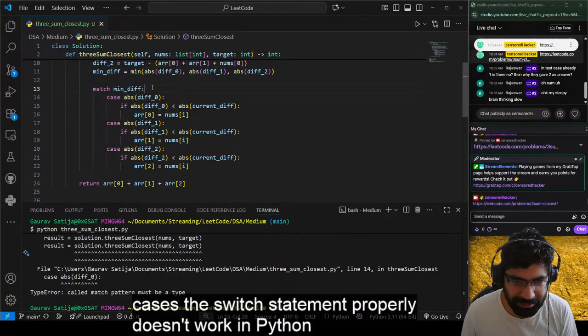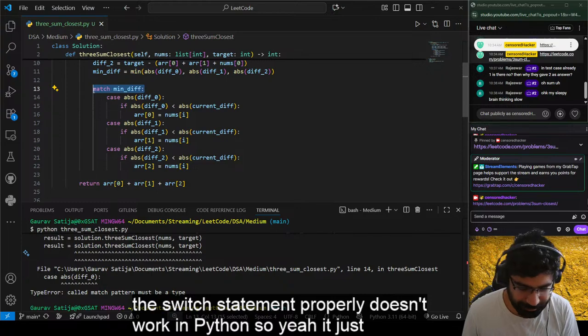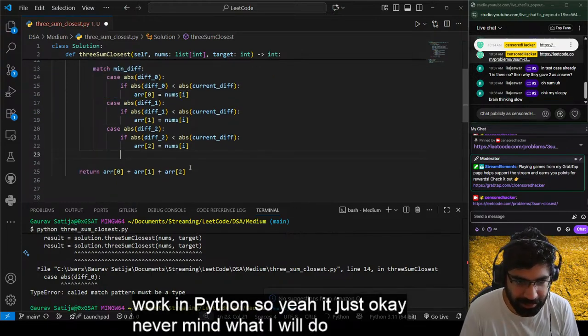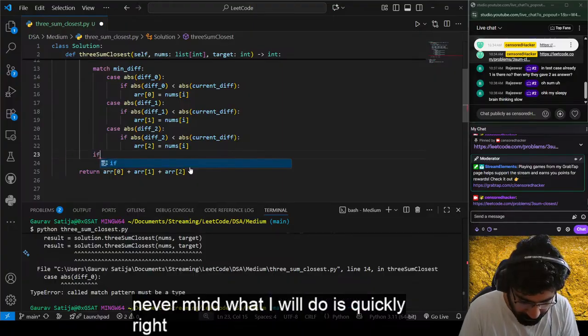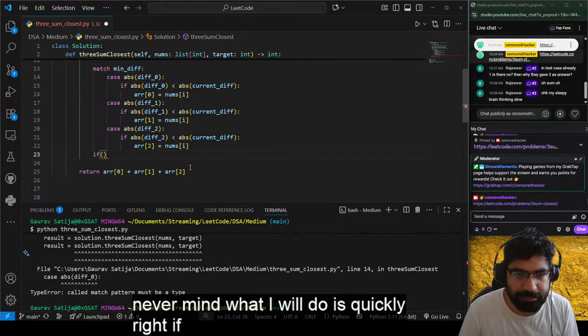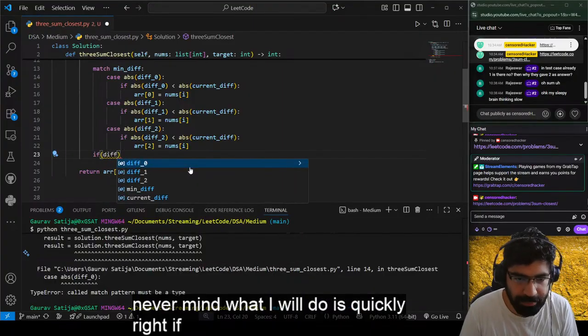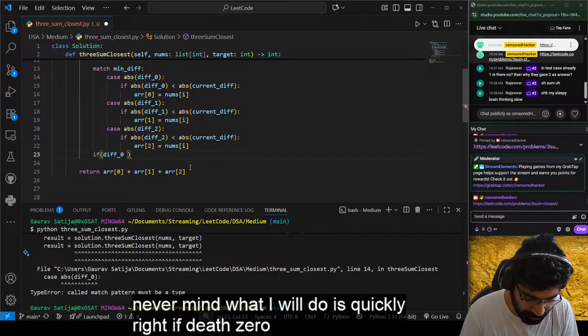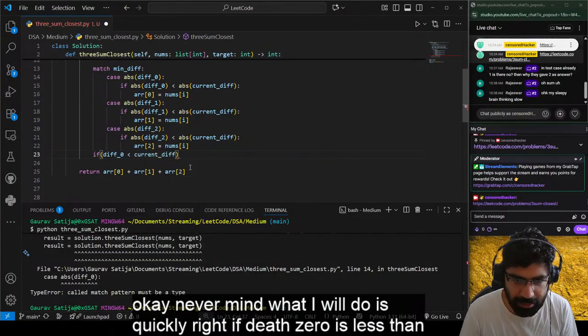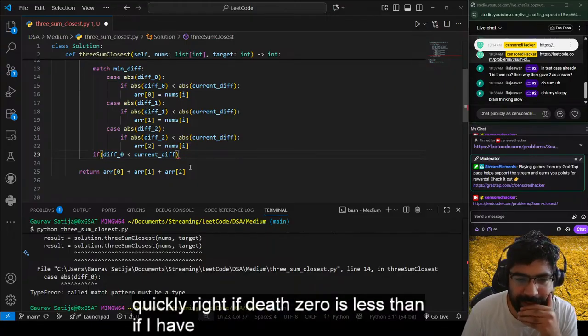So yeah, it just, okay, never mind. What I will do is quickly write if diff 0 is less than, if I have diff 0 which is less than current difference